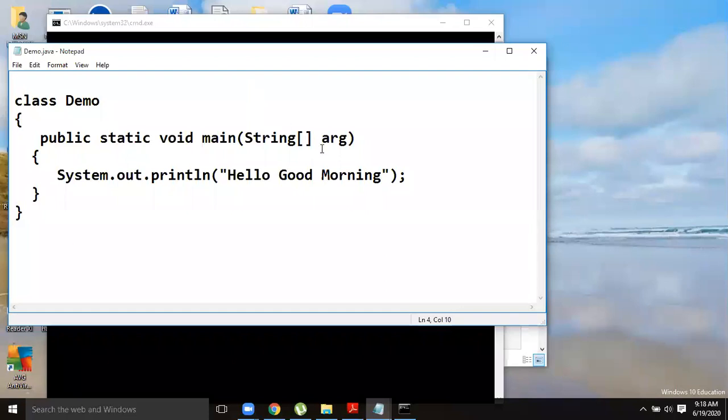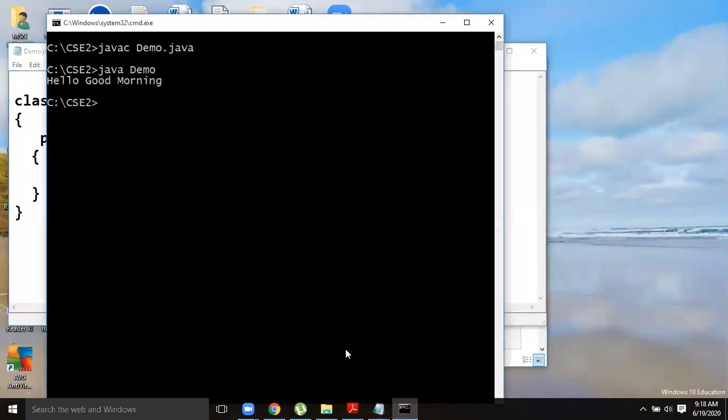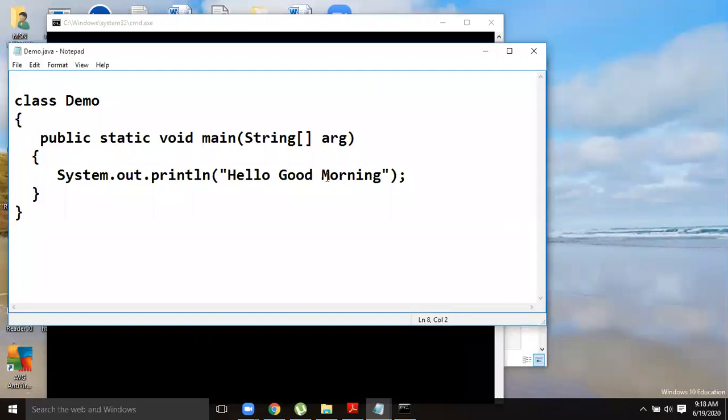Okay. So String args, what does it mean? Sir, in general, while you run or execute your program, you see this command prompt. From here, you have to supply the input. This program doesn't require any input. But if your program contains any input, in general the inputs are given as a string array of arguments.